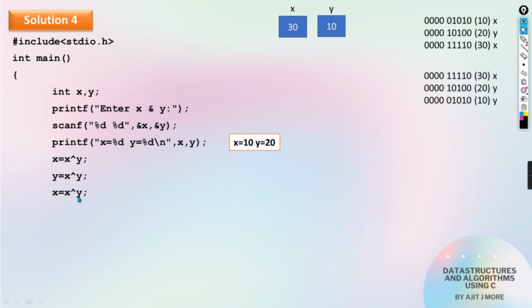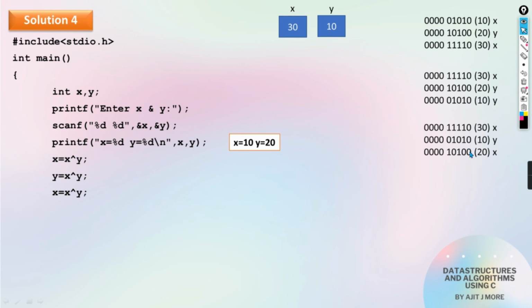X XOR y. And whatever result you get, keep it in x. But now your x is going to be this one. This is your x now. And what is your y now? This y. The result y. Okay. So now we will take this x, the result x of the previous, and the result y, and now we will XOR it.